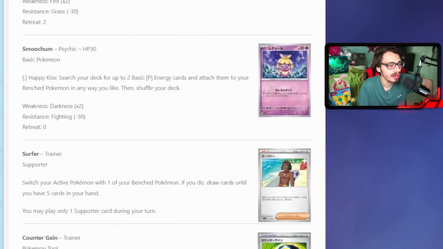And then finally, we got Surfer here, the last card in this new set that I missed out on the other day when I posted that Flygon video. Surfer has an effect. You can switch your active Pokemon with one of your bench Pokemon, and if you do, you draw cards until you have 5 in your hand. I actually think this card is kind of solid. There are niche uses for wanting to switch. Like, for example,